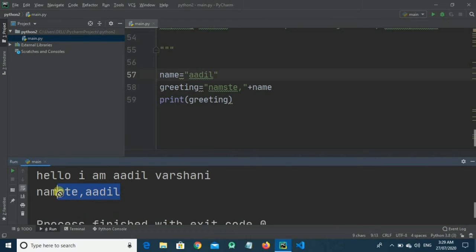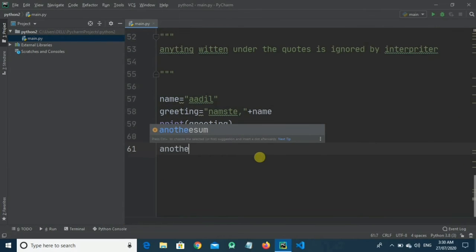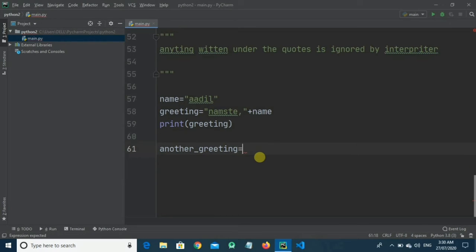There is another way of doing this, which is using an f-string. So let's write another greeting. Another greeting is equal to f, quotations, and we will write namaste, and name in curly braces.